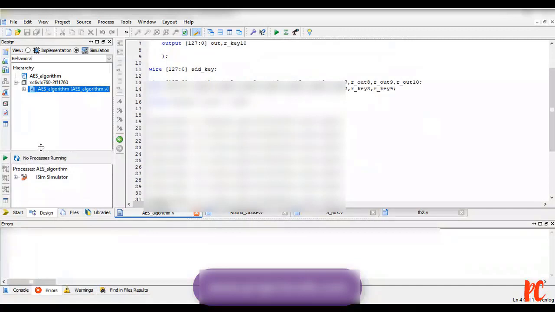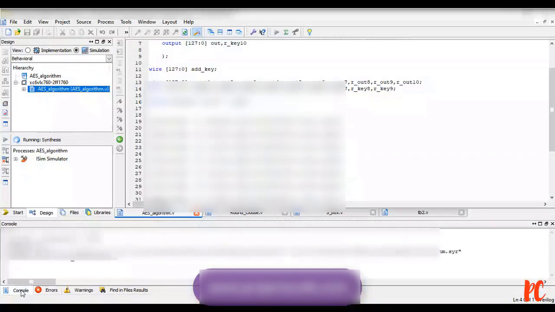Let me run it, click on run, go to the console and see its status. It is being designed for a huge configuration, so obviously it will take much time.